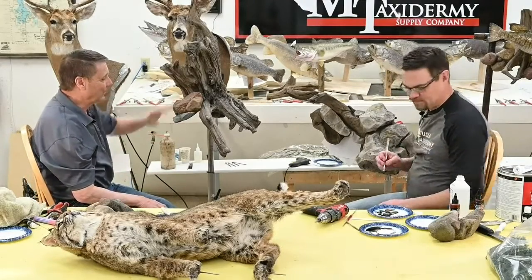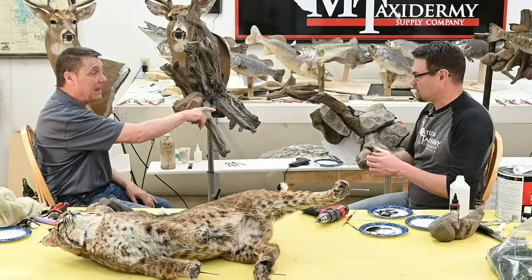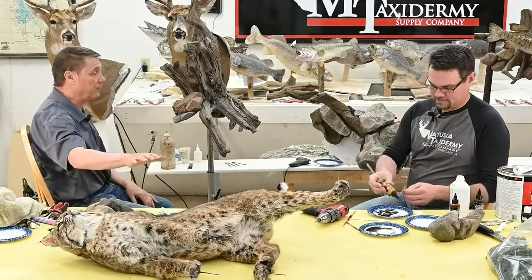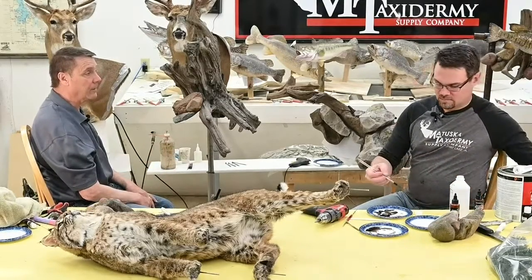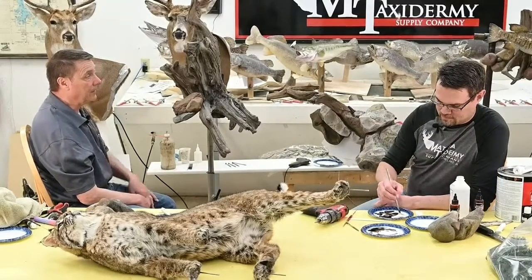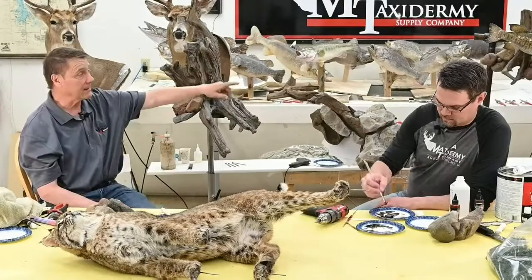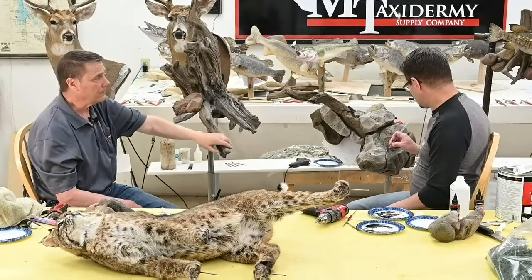But, you know, there's just so many different ways. That base, which is made specifically for this bobcat, would be a great base for big ducks. You know, oh, absolutely. Or multiple ducks, or a school of fish. Yeah. That's one of ours. I don't know, Caitlin, can you see the smallmouth behind Brett? That's one of our